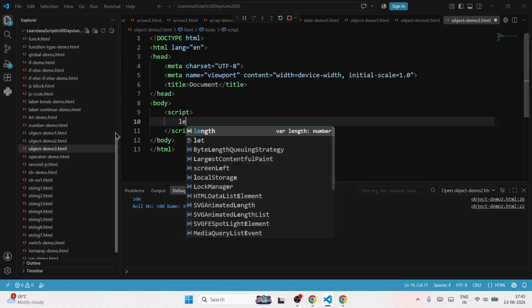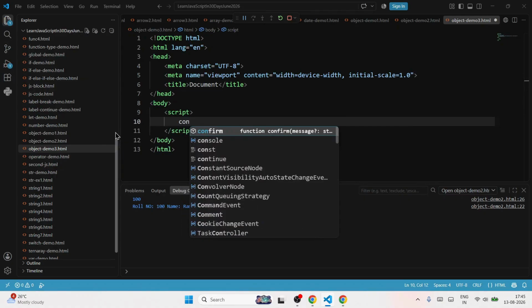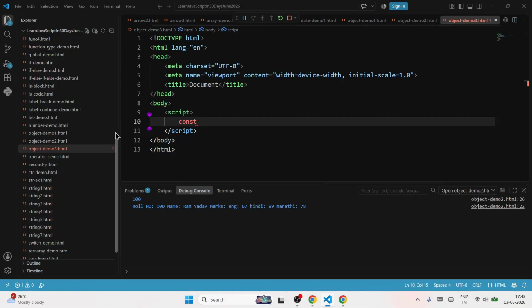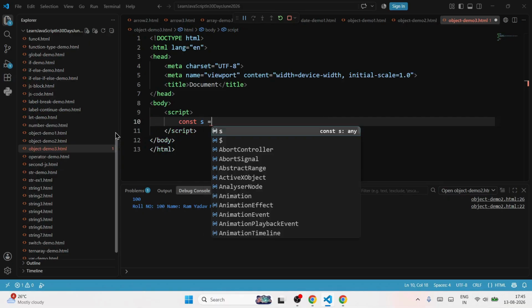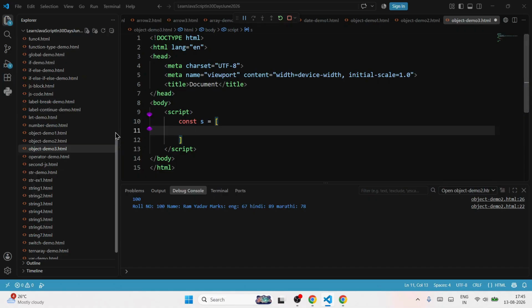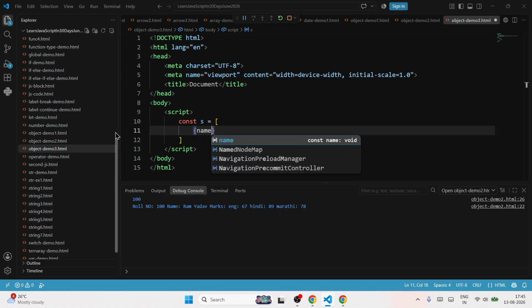Script, const ले सकता हूं, okay, s equal to and square bracket में आप objects बना सकते हो. Each object बाद में access किया जा सकता है, ठीक है, एक एक करके object, like here I am storing